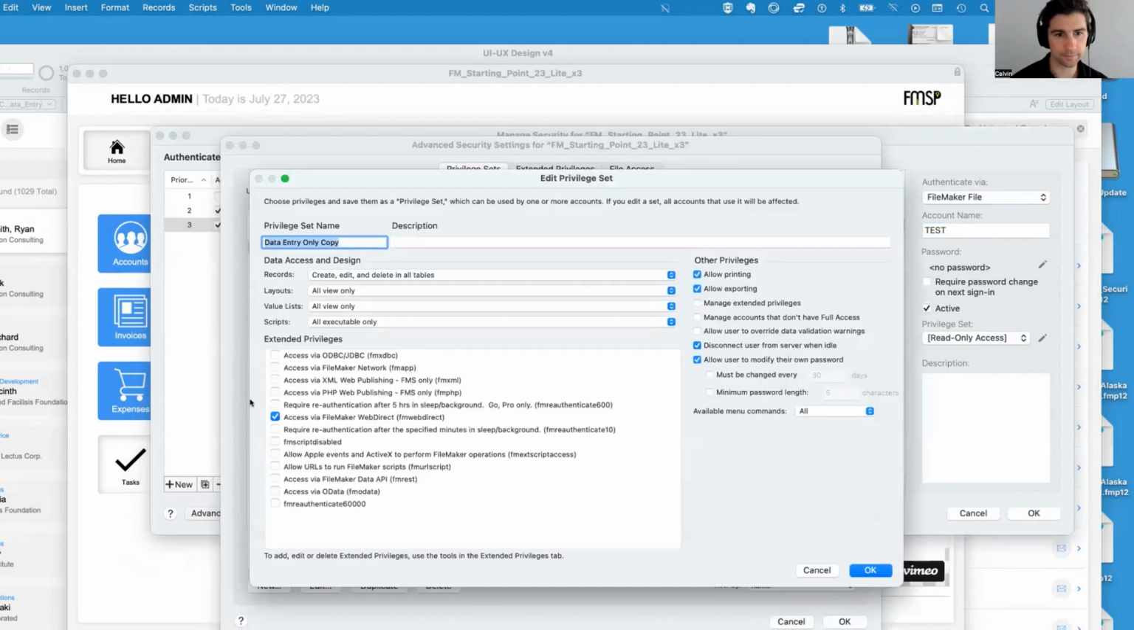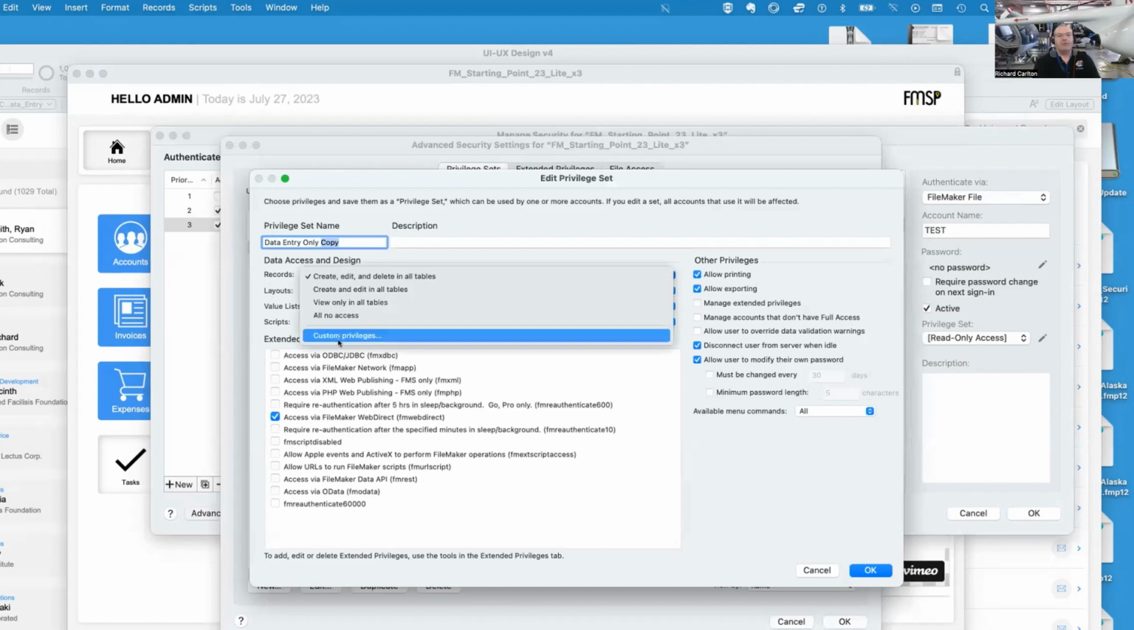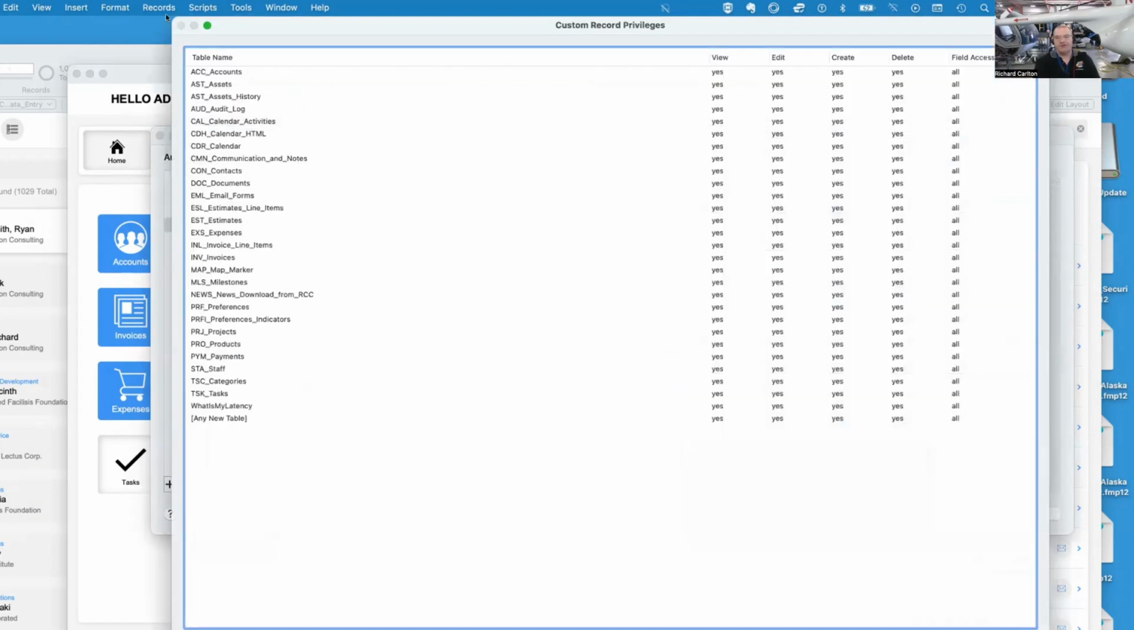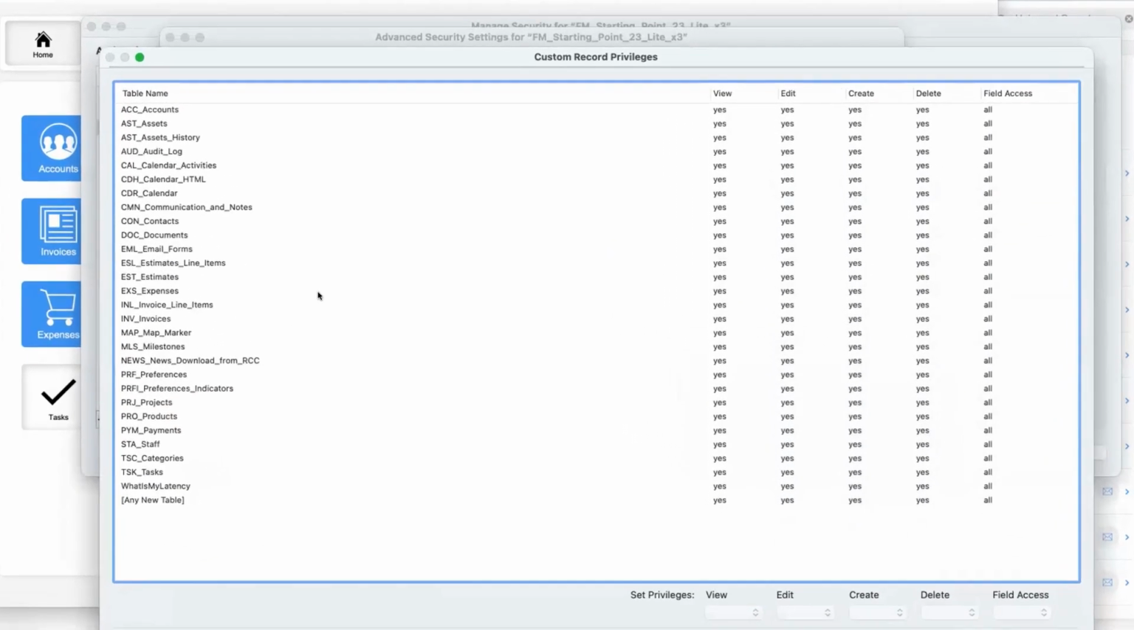Here's your duplicate. Data entry only. Yeah, use that one. So then what you can do is go in here to record level security. That one's kind of, you've got to be careful with performance on that. But you can do custom privileges, and you can come down here and say, well, if I'm on a record